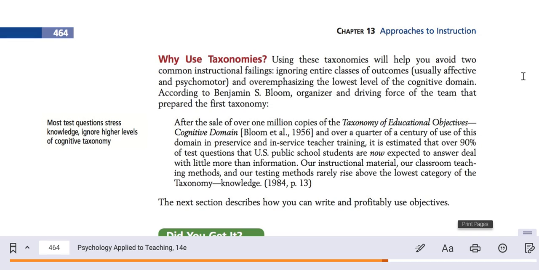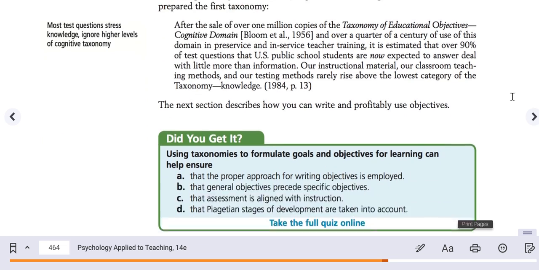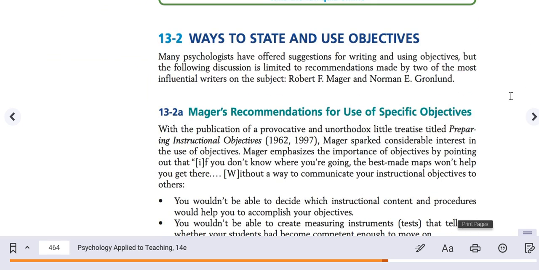Our instructional material, our classroom teaching methods, and our testing methods rarely rise above the lowest category of the taxonomy, knowledge. The next section describes how you can write and profitably use objectives. Ways to state and use objectives. Many psychologists have offered suggestions for writing and using objectives, but the following discussion is limited to recommendations made by